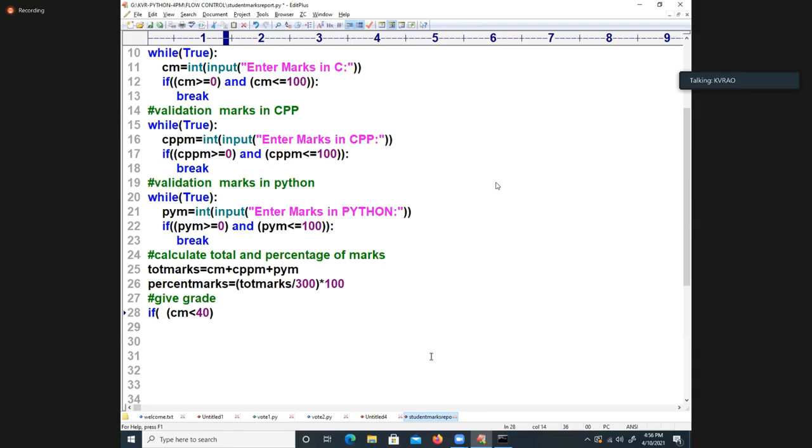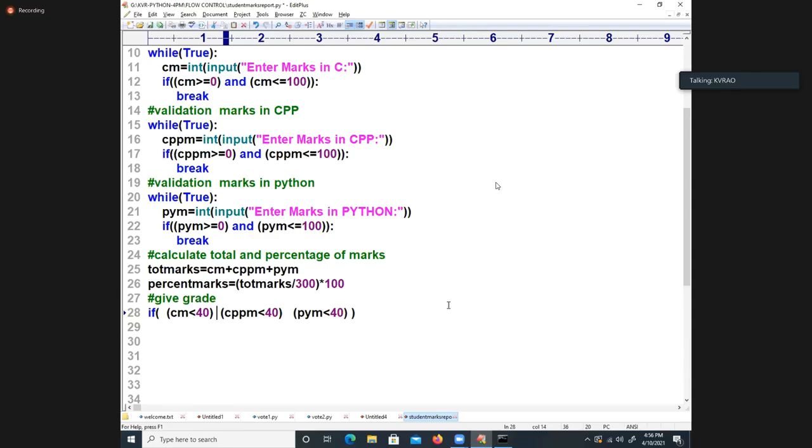Next I will write, you need to tell the condition there. CPPM less than 40. Because still people are unable to decide what is AND and OR operation, because of lack of studies and lack of practicing. PYM less than 40. Now I am keeping the total condition. Now tell me, is it AND or OR I want to know?